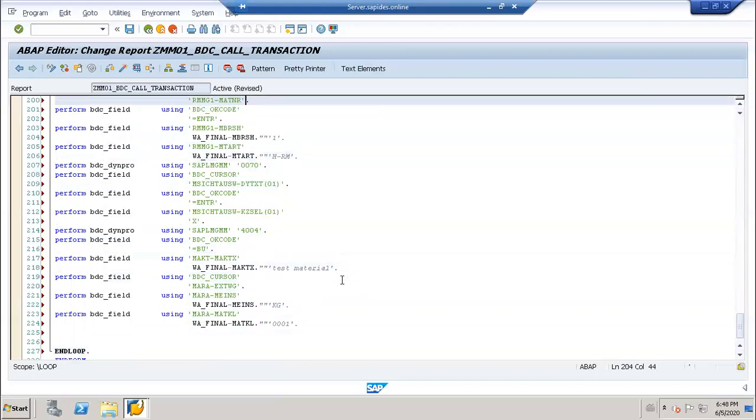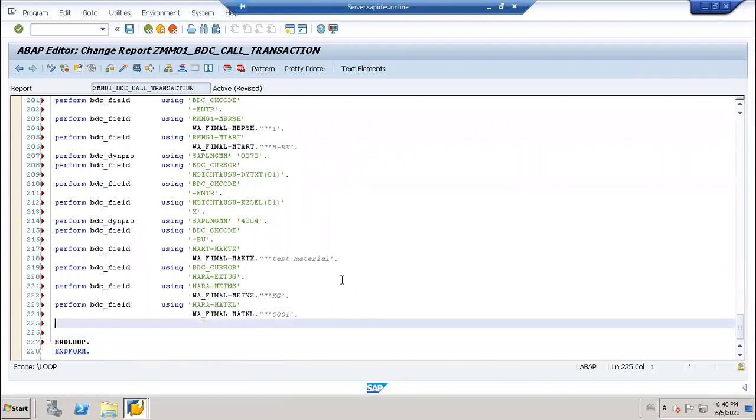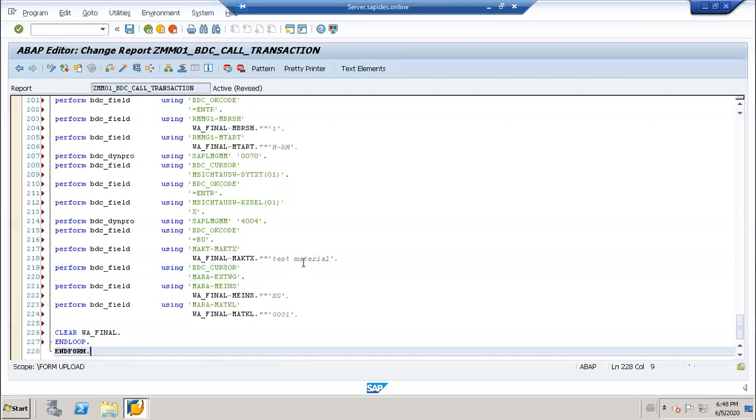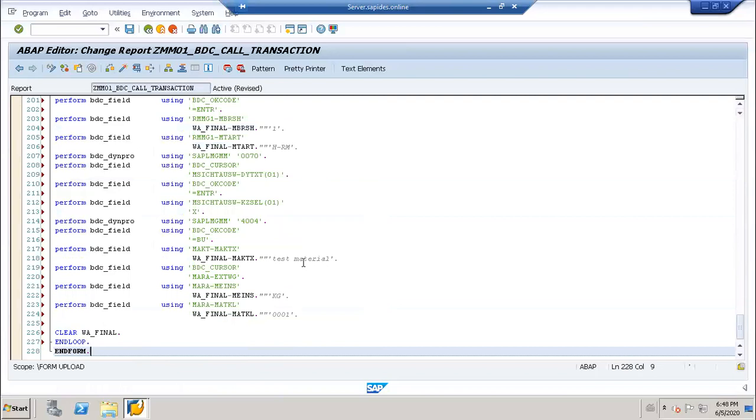Got it. And at the end you have to clear that also. Every time you loop it, you have to clear the work area. And apart from that, what do you need to do now? Then last thing is here.